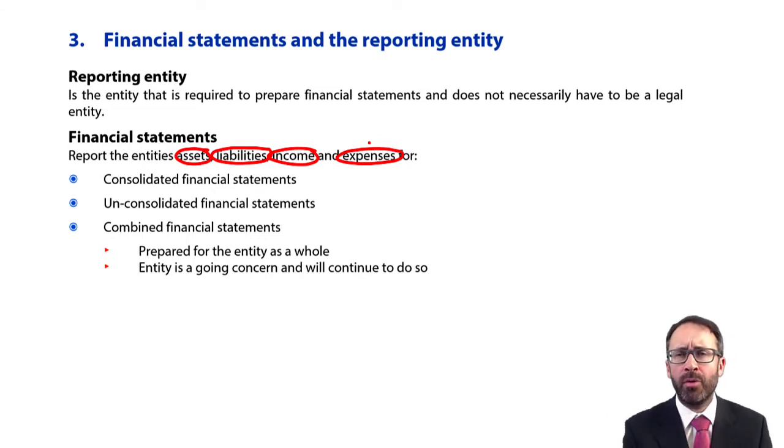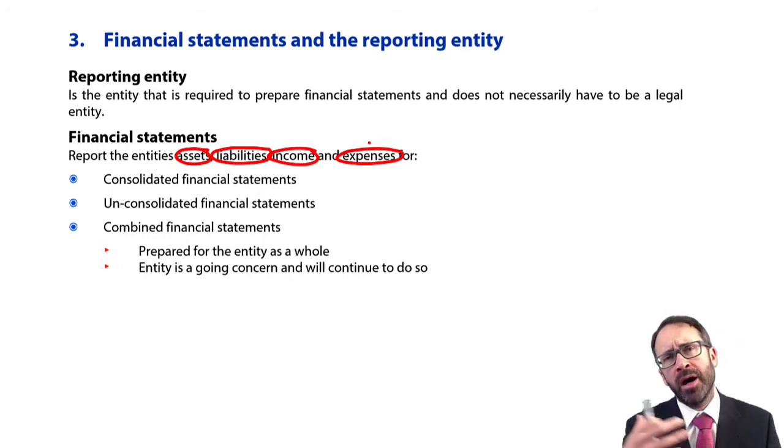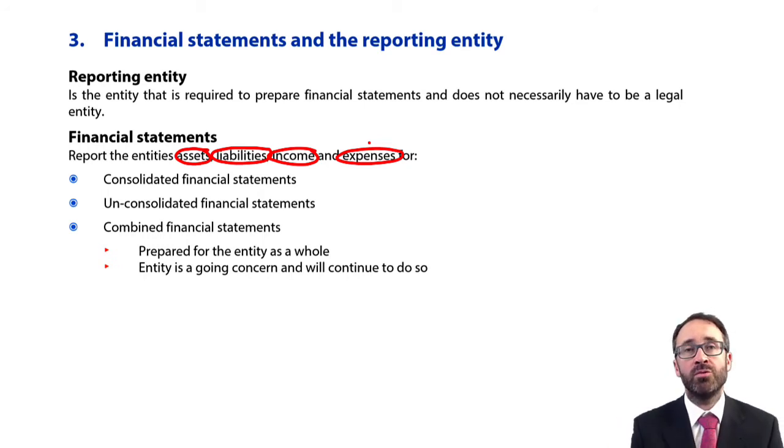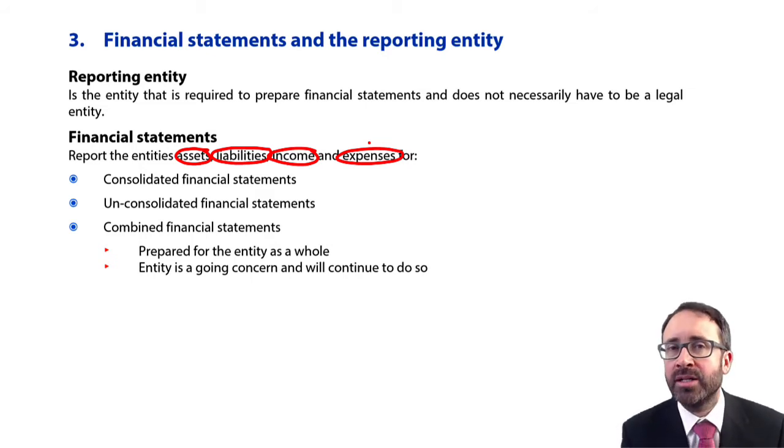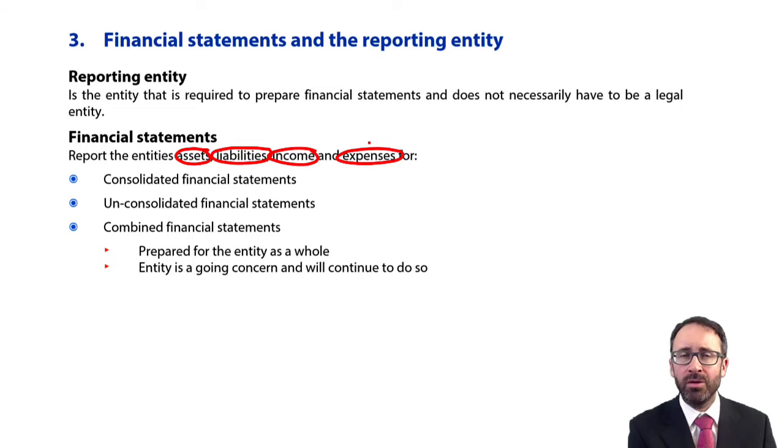For what type of reporting entity are they prepared? Because within this syllabus, within financial reporting, you'll see it referred to as the individual company accounts. So when you prepare a statement of financial position, statement of profit or loss, statement of changes in equity from a trial balance. But as we get to the end of the syllabus, you'll also see us talk about your group statement of financial position, your group statement of profit or loss. There is a group statement of changes in equity as well, but we don't really cover that at all within